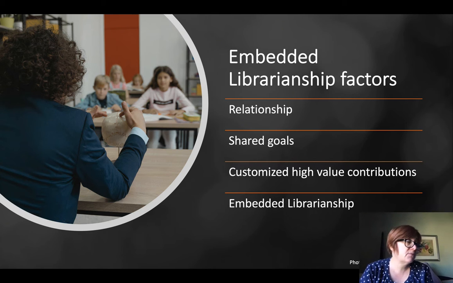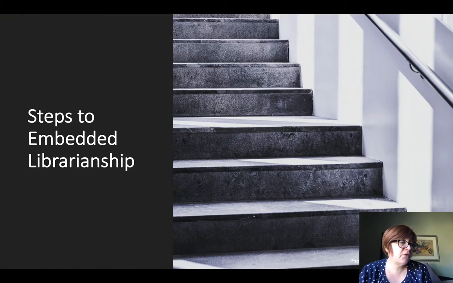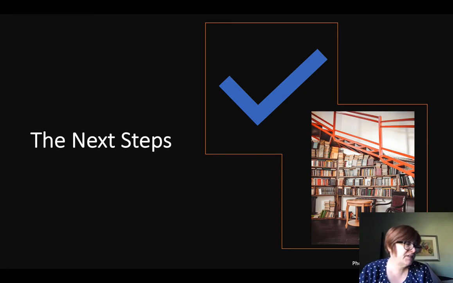relationships with the students. Some steps for embedded librarianship are to identify interested teachers and collaborate, pick an area of content that has a research component, market yourself to the teachers, and send out an email detailing what you can do for them. Once you find a teacher and a class, set up some time to collaborate. See what role you want to play in creating, designing, and teaching the lessons. Are you embedded for one class or a whole term? Make sure the students can contact you if they have any questions.